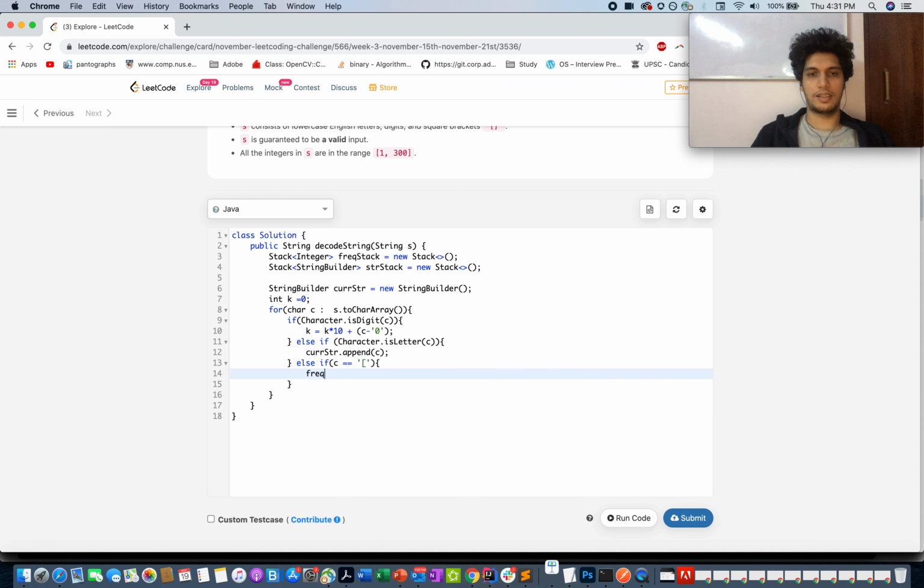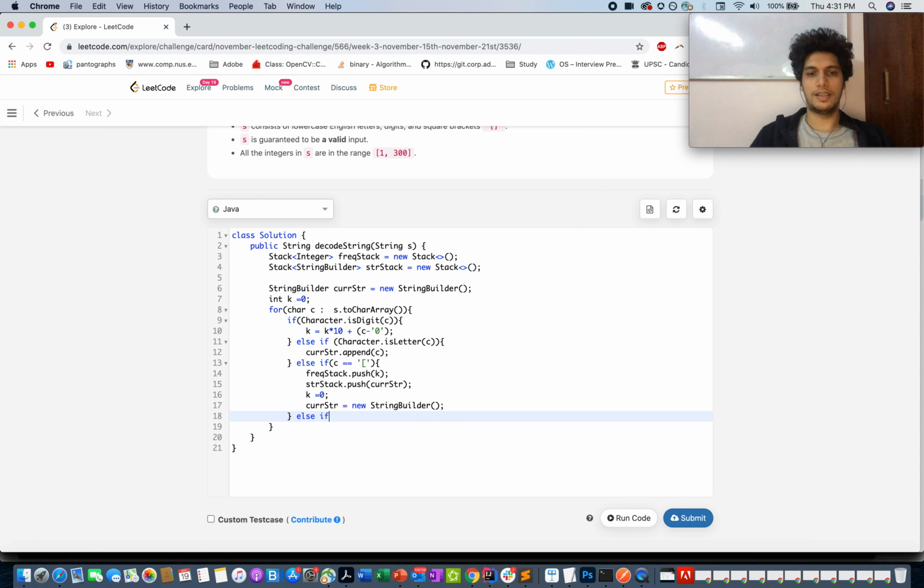So freq stack dot push k, you updated it with k, and str stack dot push current string, and you need to reset these values, because from now onwards you will have to recalculate k and the current string.